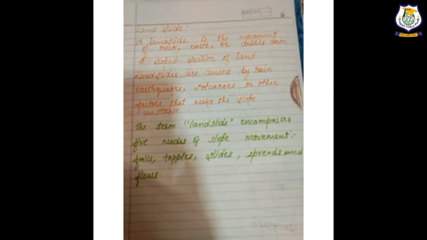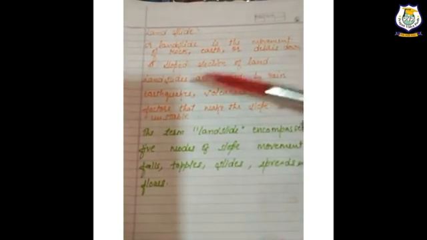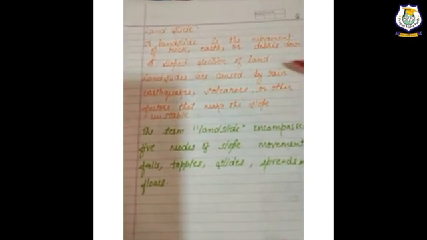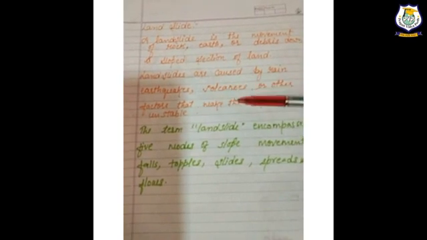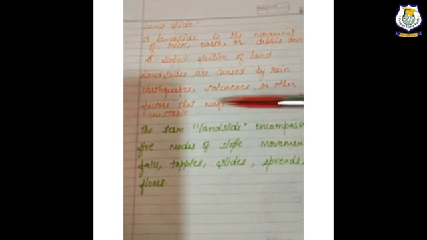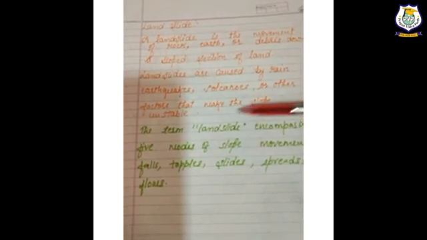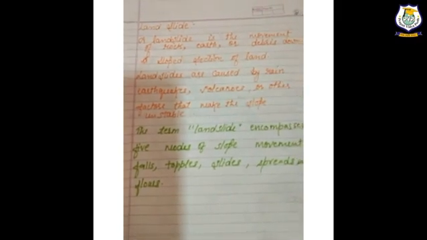Landslide is an endogenic force, and a landslide is a movement of rocks, earth or debris down a sloped section of land. Landslides are caused by rain, earthquakes, volcanoes or other factors that make the slopes unstable.